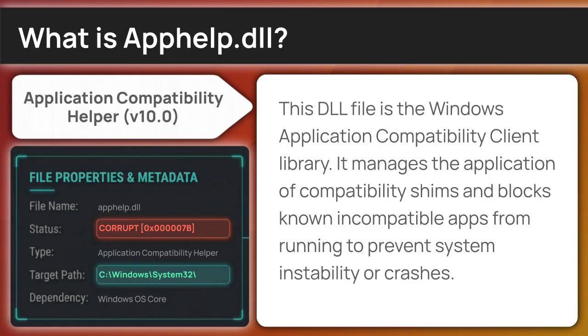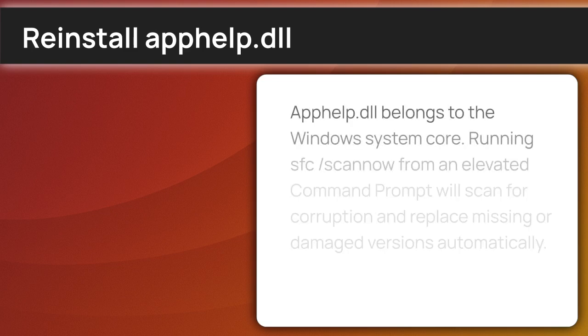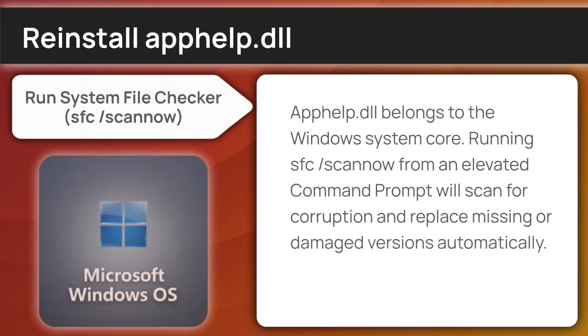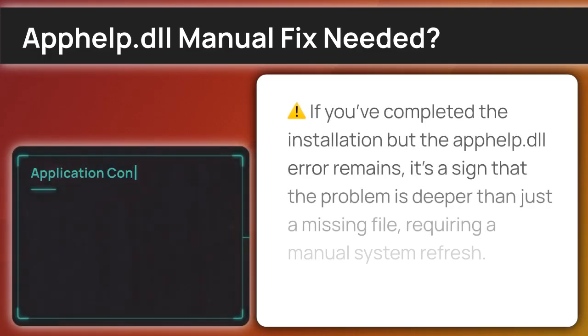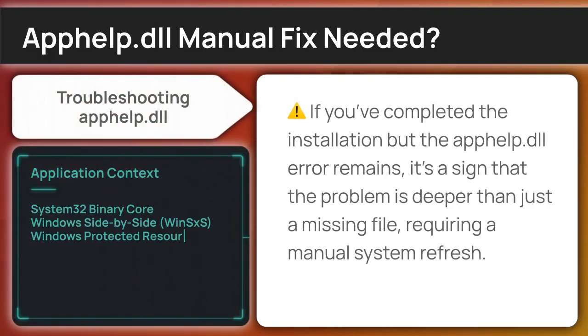Now let's dive into the solution, starting with a standard reinstallation. This is a Windows integrity issue involving a protected system file. Use an administrator command prompt to run sfc /scannow and allow Windows to automatically repair files like the Apphelp library DLL. In cases where the official installer remains ineffective, we must escalate to a manual review of your system's active